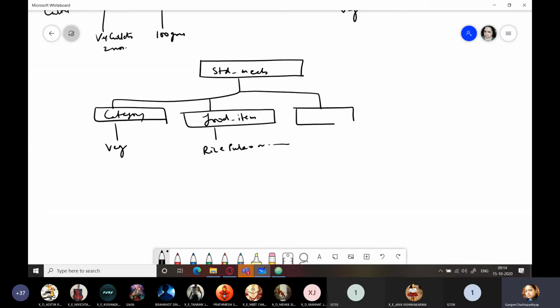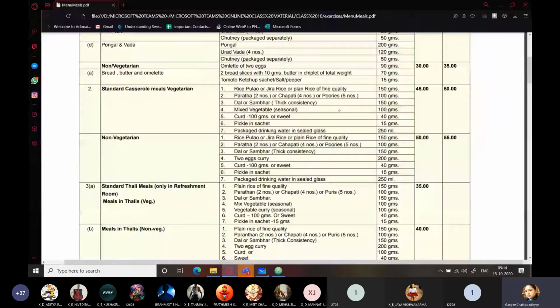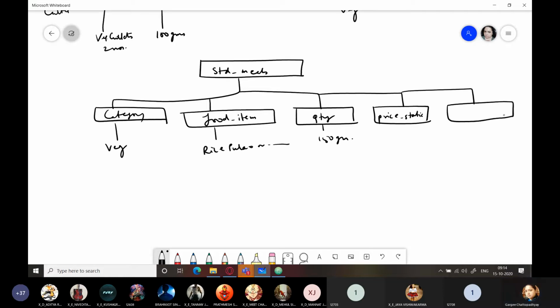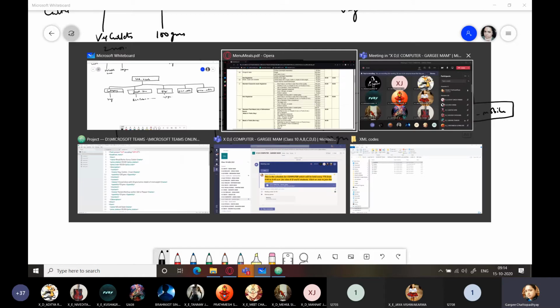So you can see its structure is very simple. QTY, that is your how much? 150 grams. There are two, price underscore static and price underscore mobile. So what is the static price?